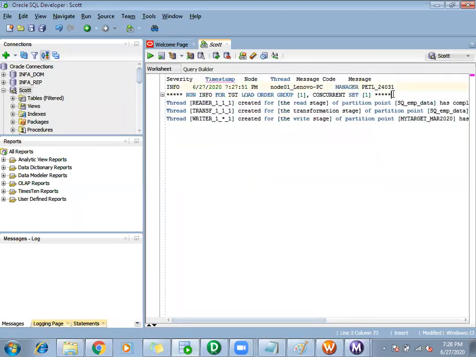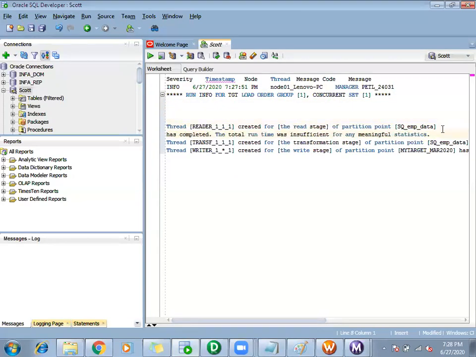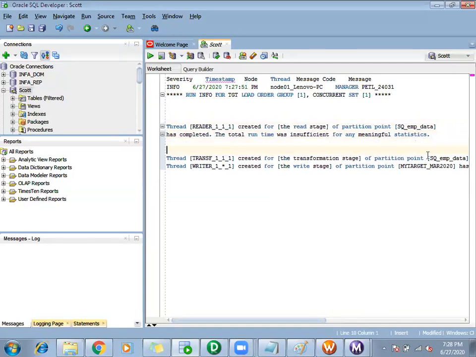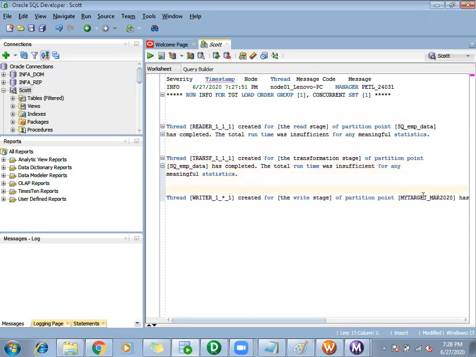Okay, can you see the three types of threads created here? One is the reader thread. Then we have the transformation thread.